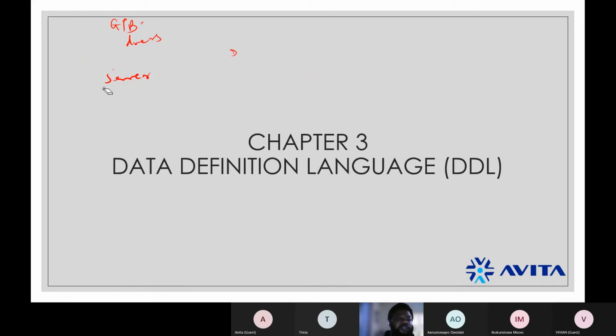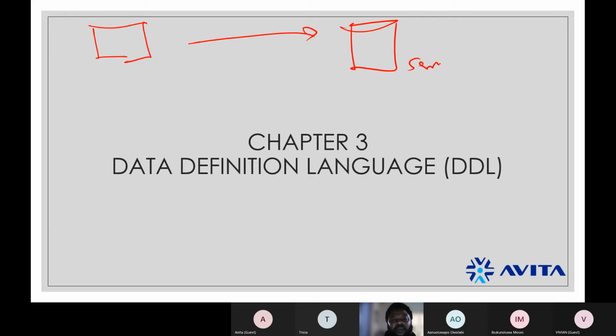When you're trying to connect, and this happens for every type of connection that you have, right? When you're trying to connect a client to a server, right? On the server is where you have the database, right? So you're trying to connect a client to the server. This client is sending a set of information to the server, right? But for the server to understand, is like